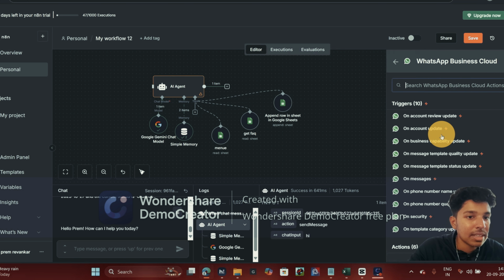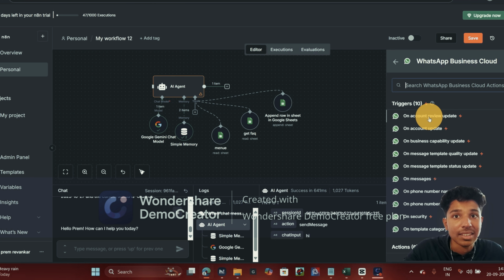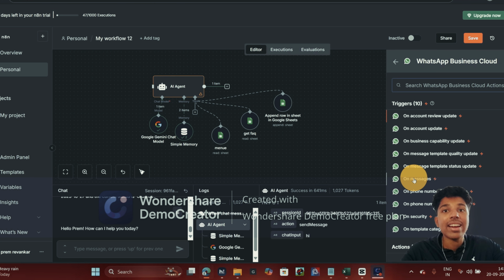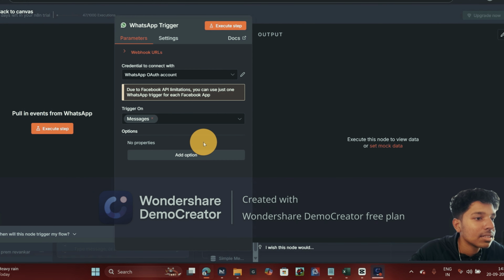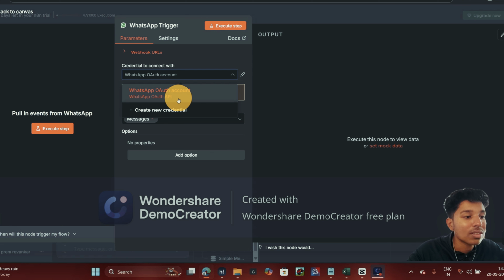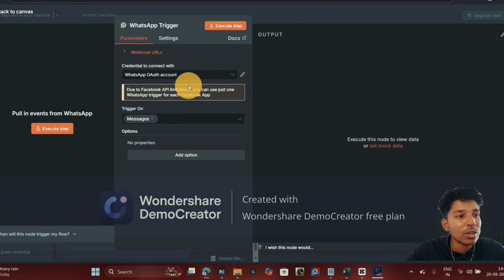Click on this WhatsApp business, and first we will set up the trigger, then we will set up the sending messages. Create an on message trigger, because we want to trigger our agent when we get a message from the customer. Click on this on message. Okay, then I have already set up my WhatsApp API, but if you are new,